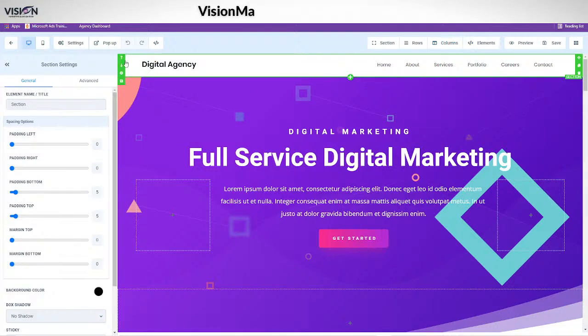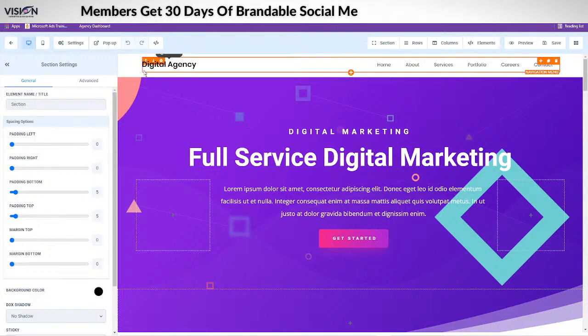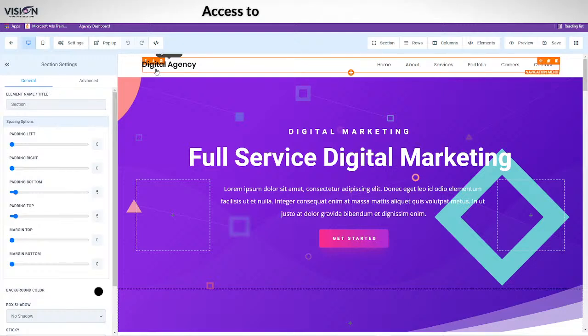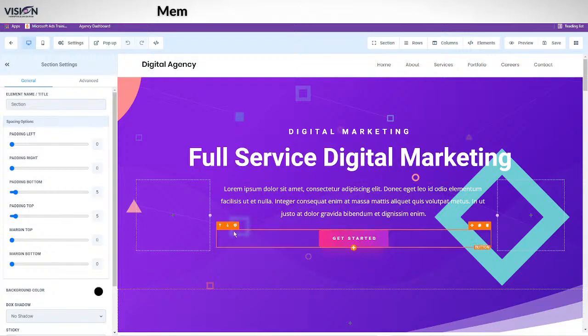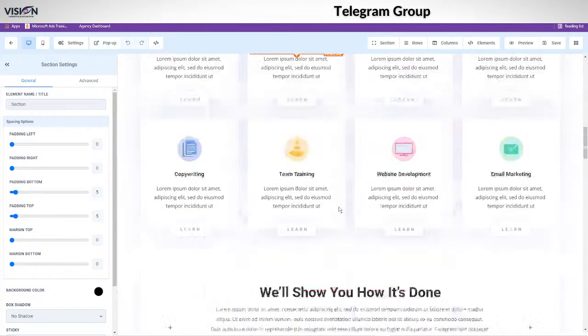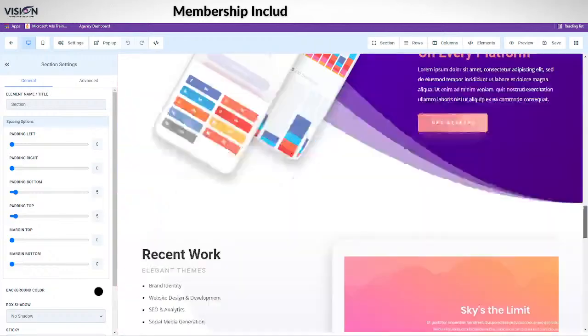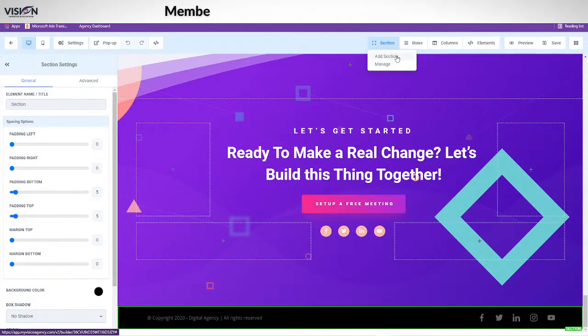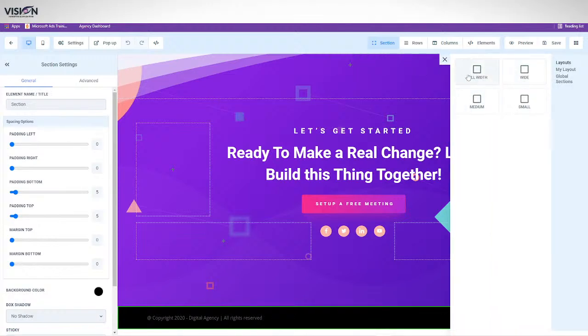If you hover on the outside, you'll see the green is actually the section. If you move in, the purple is the row. And then we have the element here, so we don't have a column here. Now, these things will move. So let me go down to the bottom and we're going to add a section. I'm going to go to sections and then add a section. Click here. Do I want a full width?